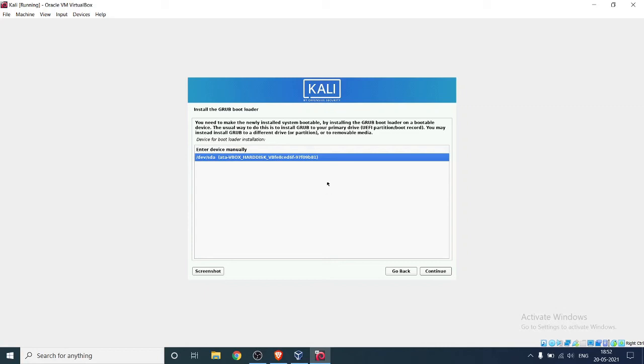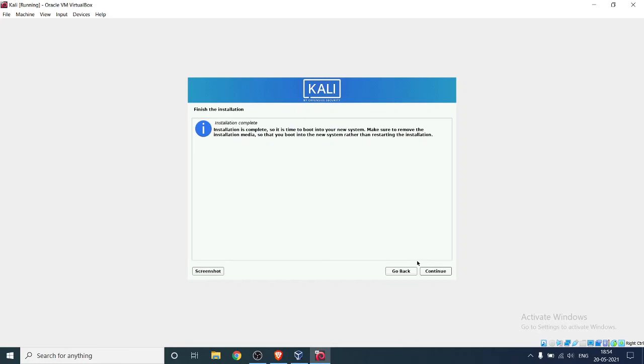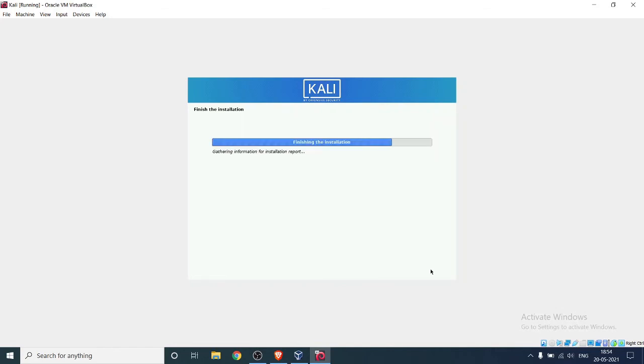Here we are going to install the GRUB bootloader on this drive, so click on continue, and here the GRUB bootloader is installing, and now we can see the setup is finalizing. Just wait for it until it gets completed. And now the installation is complete, so click on continue.